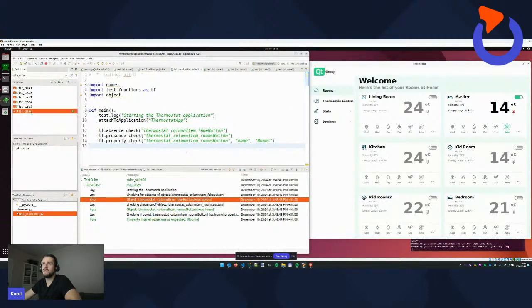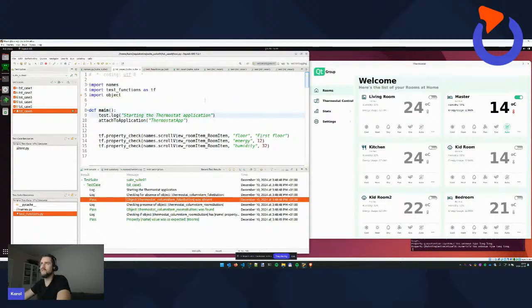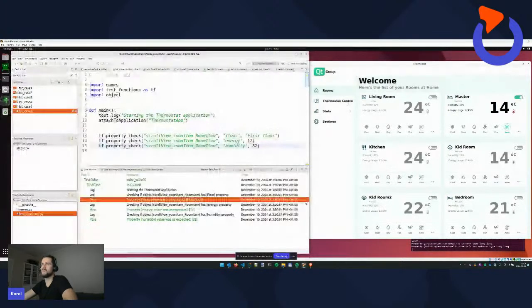Yeah, so that was that. And as I mentioned, coming back to the test case that I was talking about before, we can do a property check on our first item, that would be living room. So let's see if its floor is first, if the room item's energy level is 12, and that the humidity is 32. Yeah, so that worked, of course, because those are the